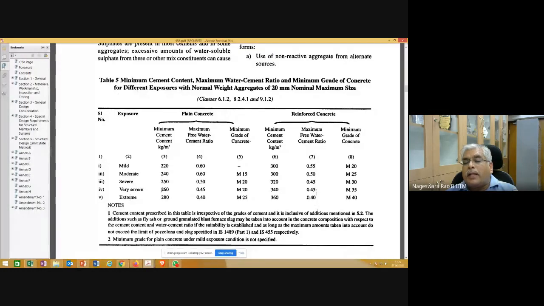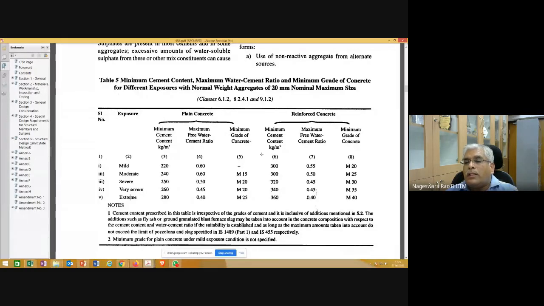What is the minimum cement content, the maximum water cement ratio, and the minimum grade of concrete that you need to adopt? For constructions where you require plain concrete, this is what you need to comply with.